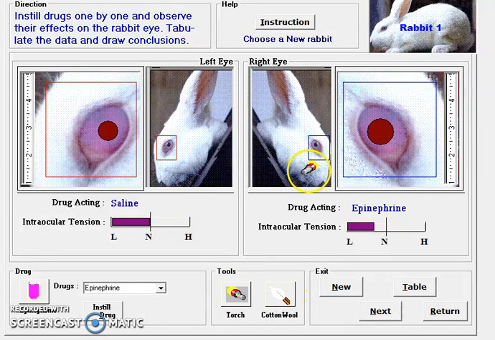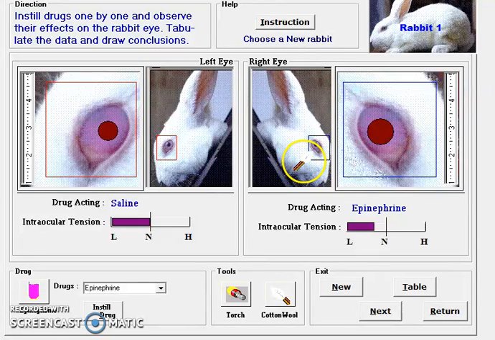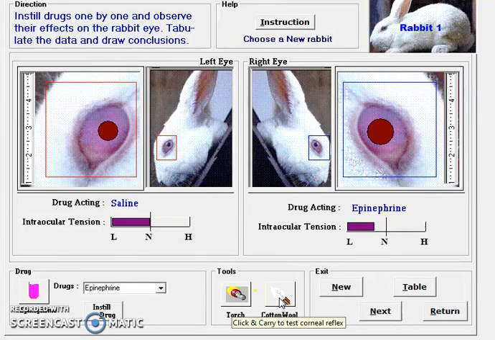Let us see the light reflex. You can see here, when we are torching the eye, the pupil size gets constricted. So the light reflexes are present here. Light reflexes are not lost. When we touch the cotton to the cornea, it shows the corneal reflex also, and the eye gets closed. So the corneal reflex is also present with the use of